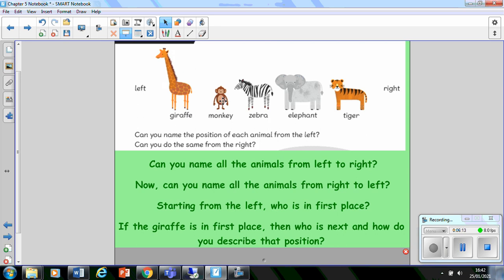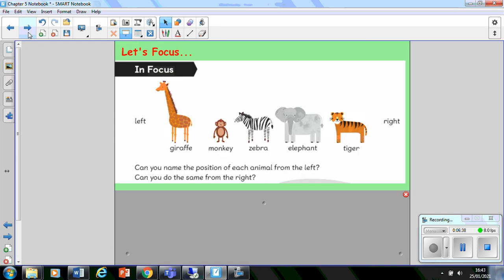Well done. It's the monkey. And the giraffe is first, the monkey would be second. Well done. So the monkey would be second, okay? Or he would be after the giraffe. You are doing some excellent recall of your learning from the first 2 days of our chapter 6. Well done, everybody. Okay. We are going to move on to the next part of our learning,